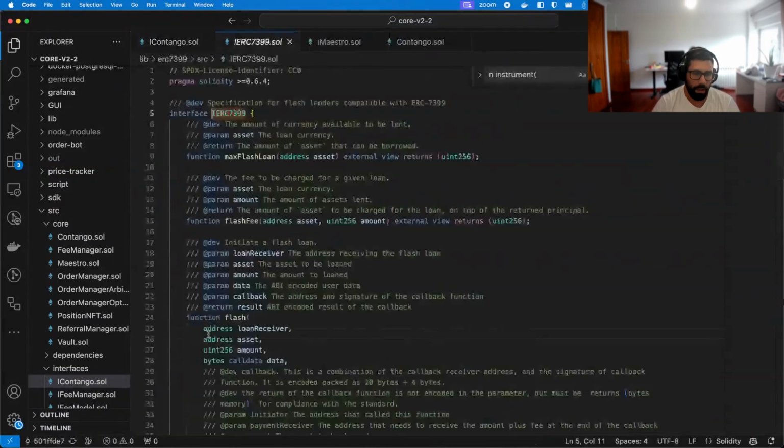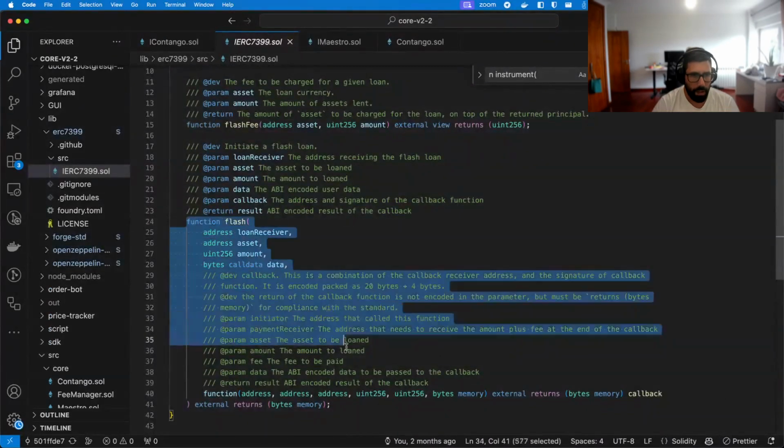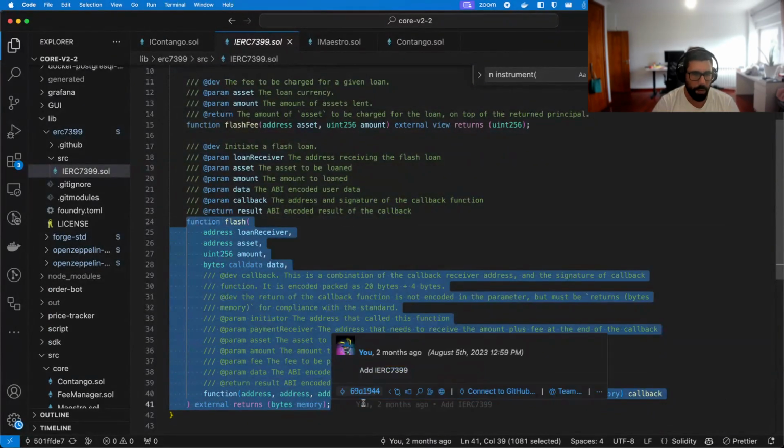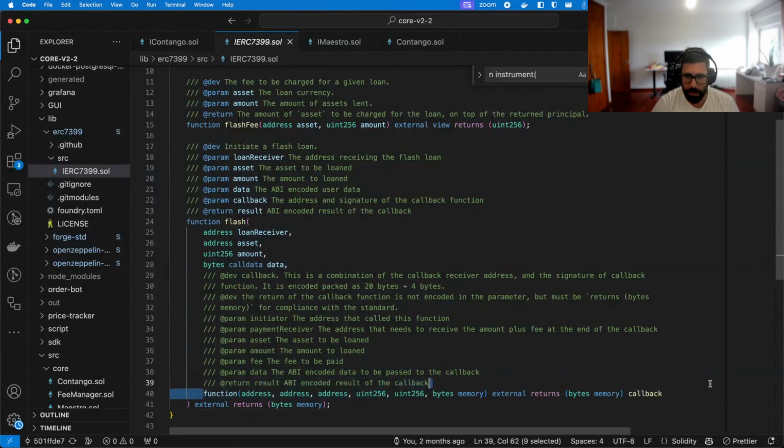But the cool thing about this API is that we define a standard for how we see a flash loan, and more importantly, we made it flexible in the sense that, instead of relying on our contract implementing a callback interface, which is very limiting,